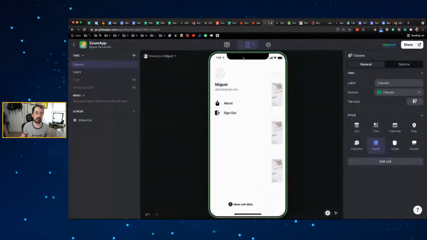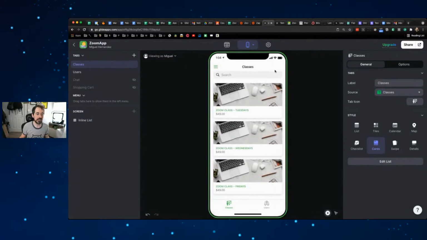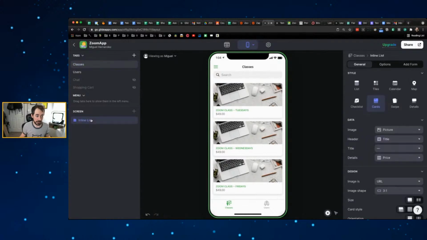And this is where now the magic can happen finally, which is we want the ability for only administrators to add content or edit content. Let's say I want the ability to add new classes. How would I do that? So in this case, I would go to the screen where I want to add content, and I would click on the only component in this case, which is the